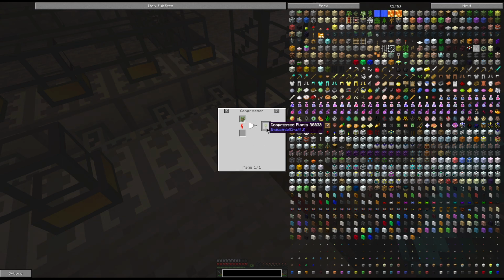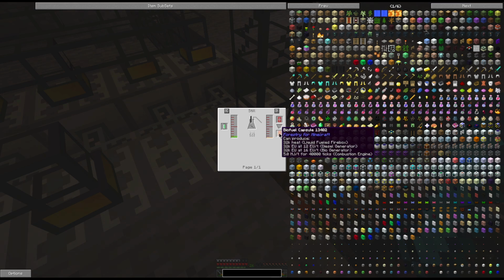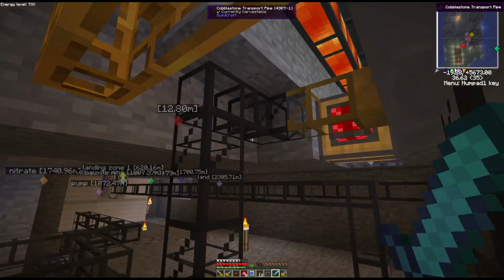Because 4 of them here become 1 compressed plant ball, and then that one becomes 1 biocell, which becomes 1 biofuel, which is 6K EU at 12 EU a tick. Where if I do the saplings into the fermenter, depending on what I use, whether it's apple juice or water, I get 0.8 biomass, which turns into just under 0.3 biofuel. And the biofuel, so it would take, I'd say it's 0.25, we'll say a quarter. So that's relatively the same as, it would take 4 saplings to make 1 ethanol. So 1 ethanol in a diesel generator is 32,000, where doing it this way was only,